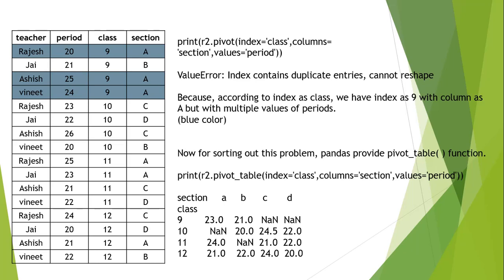Okay. Now, the interesting thing is that here we have not given any aggregate function. It has by default taken the average of those values. Okay. Now, what if we don't want the average of the values? We might want a maximum value, or the min value or the median value. Okay. So, how to use it?